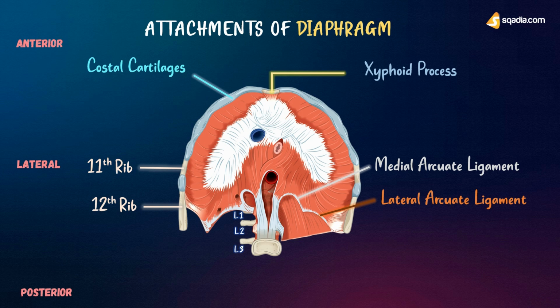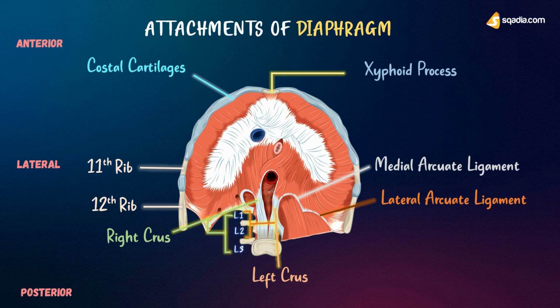This attachment of the diaphragm to the vertebrae is by the tendinous structures shown here, called the crura. Crura is plural for crus. So, there is a right crus and a left crus. The right crus arises from the bodies of the upper three lumbar vertebrae, L1, L2, and L3, and the intervertebral discs, while, on the other side, the left crus arises from the first two vertebrae, L1 and L2 only, and